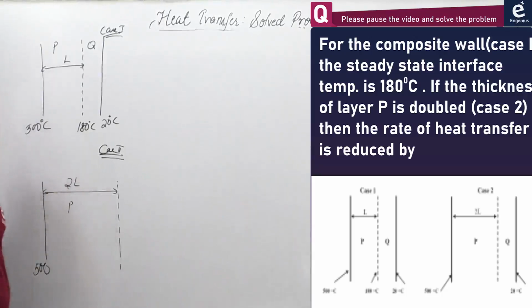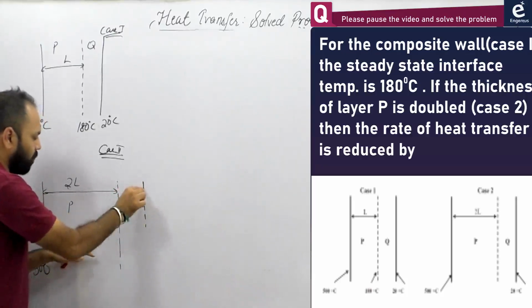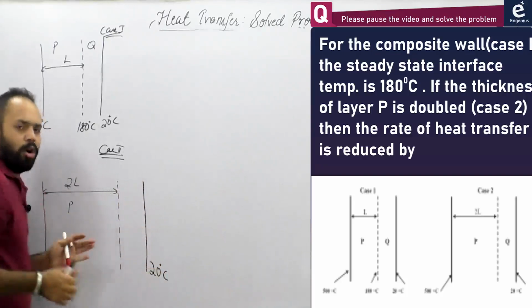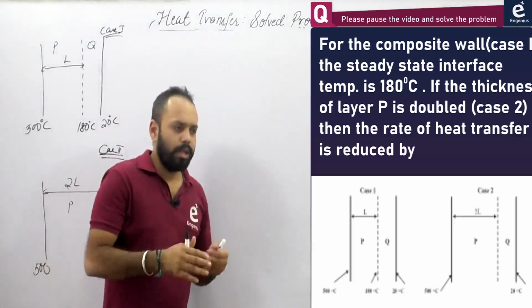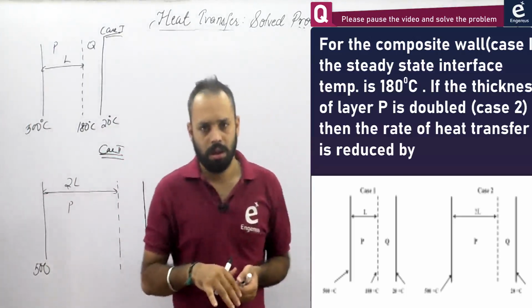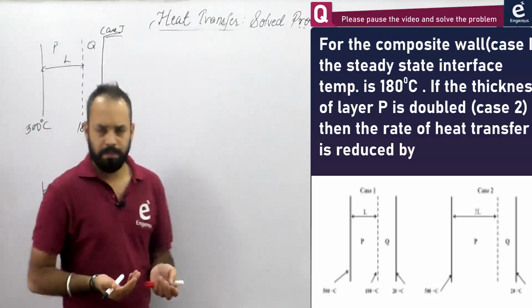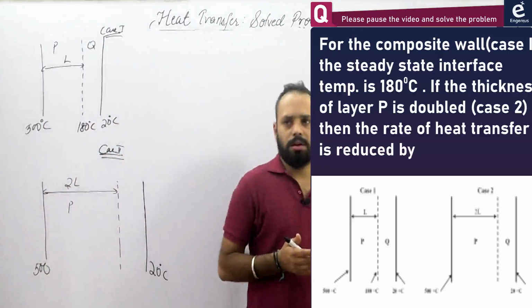ओके, टर्मिनल टेम्परेचर सेम है। कुछ बच्चे यहाँ का टेम्परेचर 180 लिख देंगे, ऑब्वियसली चीज है। देखो होगा क्या, टर्मिनल टेम्परेचर सेम रखा है, आप बोलोगे सर कि थिकनेस बढ़ा दी तो टर्मिनल टेम्परेचर सेम रख सकते हैं क्या? रख सकते हैं। अगर टर्मिनल टेम्परेचर सेम होगा देन ऑन इंक्रीजिंग द थिकनेस रेजिस्टेंस इंक्रीजेस एंड देयरफॉर हीट फ्लक्स विल बी डिफरेंट, राइट। सो अगर हीट फ्लक्स सेम रखोगे देन टर्मिनल टेम्परेचर विल बी डिफरेंट, दोनों में से कोई एक डिफरेंट होगा।